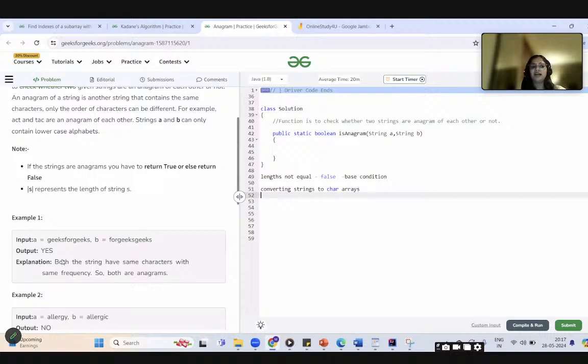If I take a hash map, and I put G and its frequency, like how many times G is appearing, then G will be the key and the value will be the frequency, like G comma 2. Similarly, if I put string B also in another hash map, and then compare them, if map 1 equals map 2, both maps are equal, meaning both have the same keys and the same values, which means the two strings are anagrams, right? So this is a simple solution which we can do using a hash map.